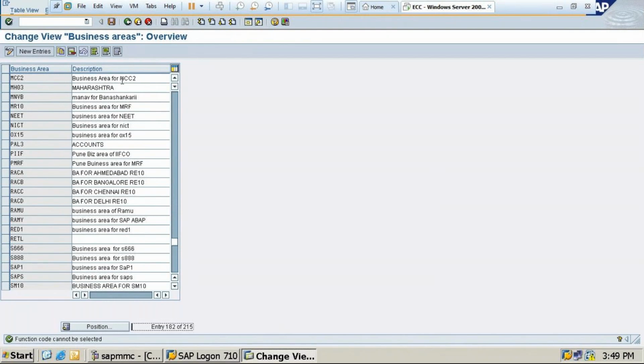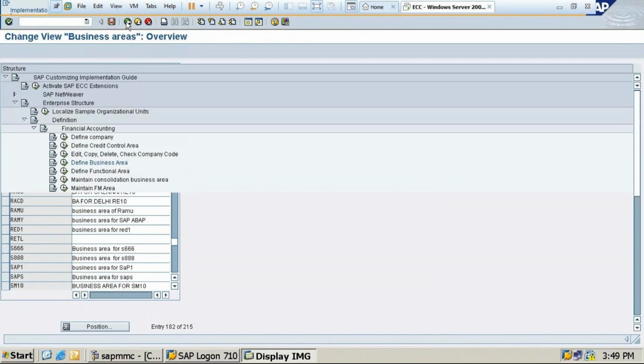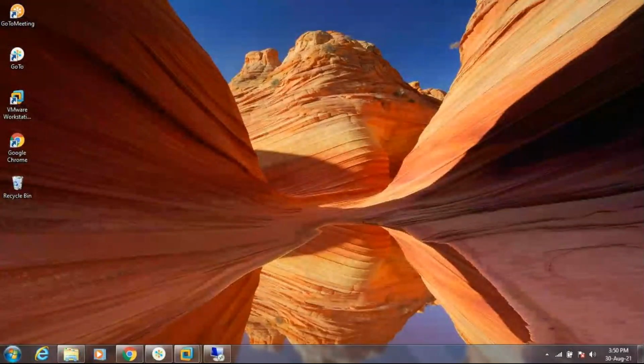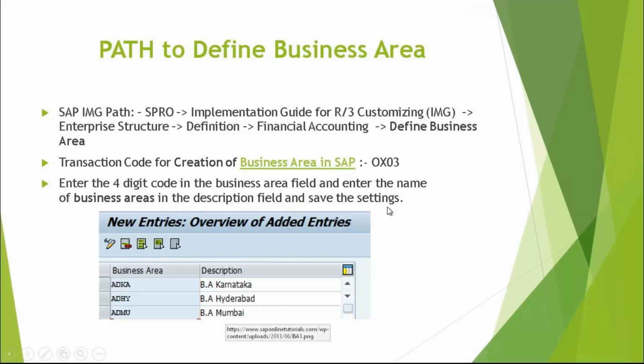It might be anything. My company code is MCC2. You can create different types of company codes. Okay, fine. So next, the T code of this is OX03.